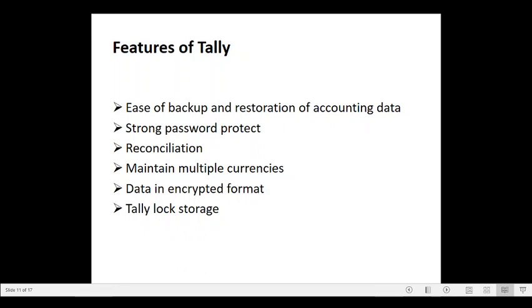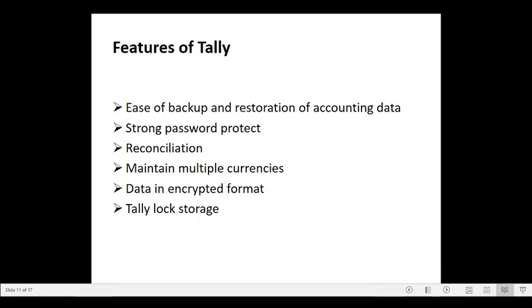It has a strong password to protect the sensitive accounting data from unauthorized access and manipulation. It also provides reconciliation of bank accounts with the bank statements, and it has data encryption, and moreover it also facilitates Tally log storage facility.